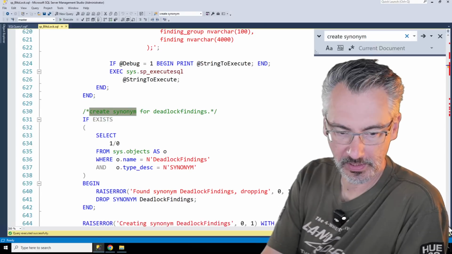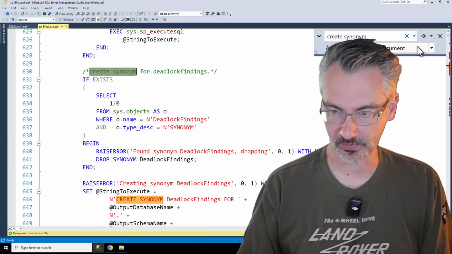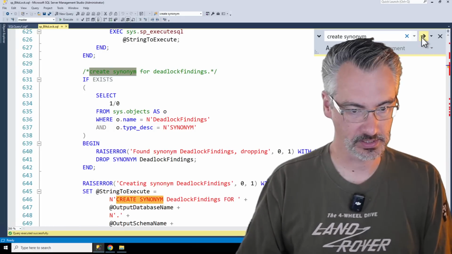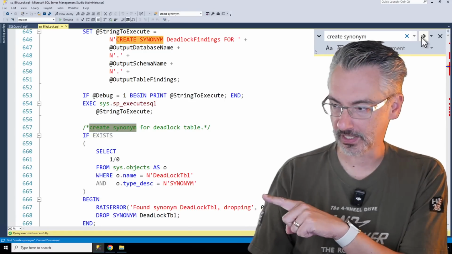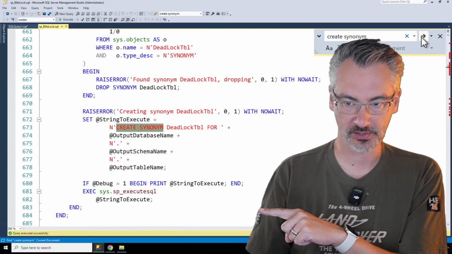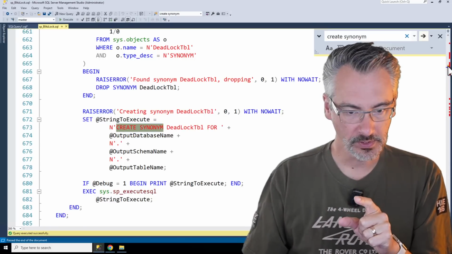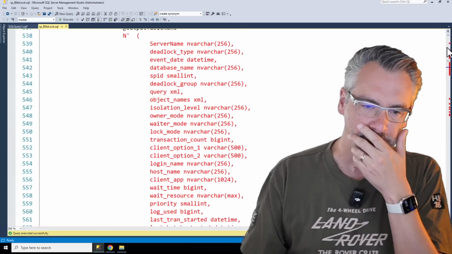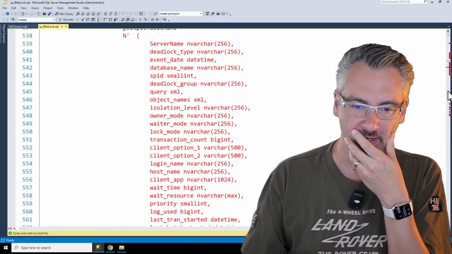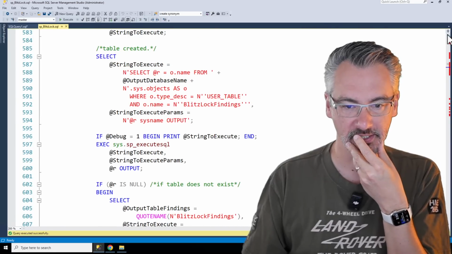Drop synonym deadlock findings. That's not fully prefixed either, so that should be okay. 630, so there's one. This is the second one for deadlock table, which is fine, so that's 630. Okay, so there's only one set. And I don't know whether or not, I was going to say maybe it's not firing, but it has to be firing because we're getting those messages in there saying that the synonym,